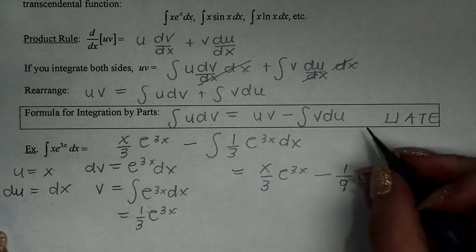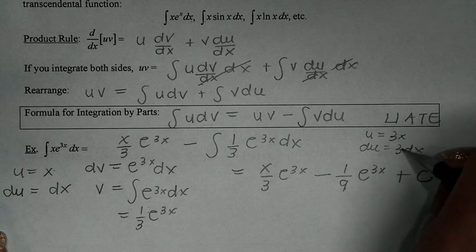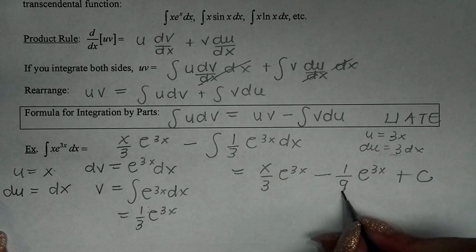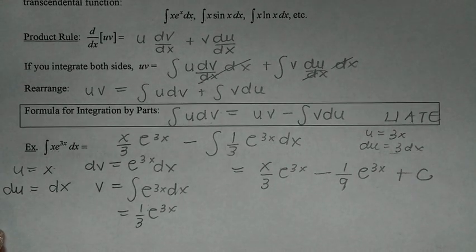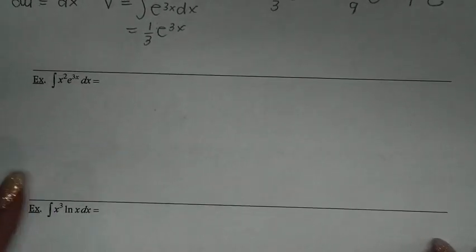Why? Because in your brain, u is equal to 3x, du is equal to 3dx. You are missing that 3, so you divide both sides by 3, and the 3 that we have here is the 9 that you see here. Isn't that cool? Another method that is very popular when you are doing integration by parts is